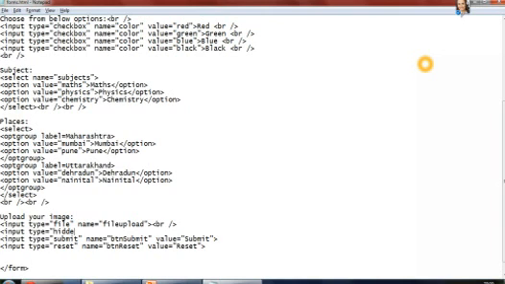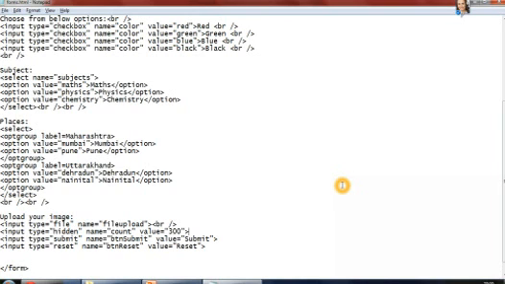You write it as input type hidden, the name you can give as count, and the value that will go might be like 300.